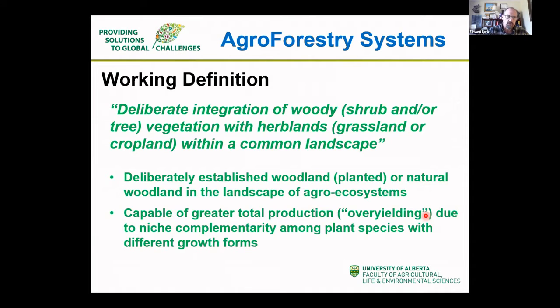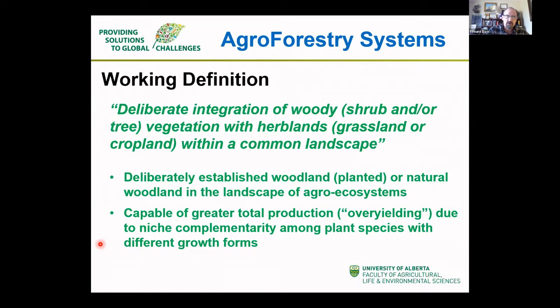And of course, Scott already showed you the picture that probably the annual cropland is the more prevalent type, at least within much of central Alberta. But I'm going to show you later on that there's very important carbon stocks associated with some of these other agroforestry systems. And these can either be deliberately planted, as Scott was alluding to, or they can be naturally occurring. And in fact, I would argue that the naturally occurring woodlands that are present across much of central Alberta actually are the more common type of agroforestry system that we find.